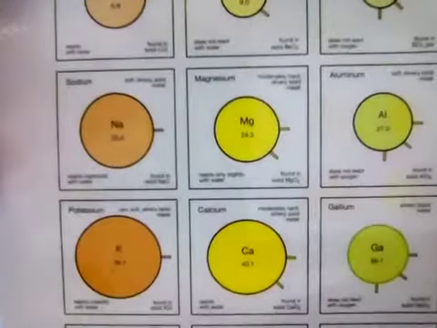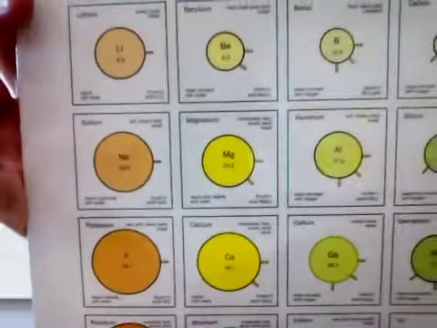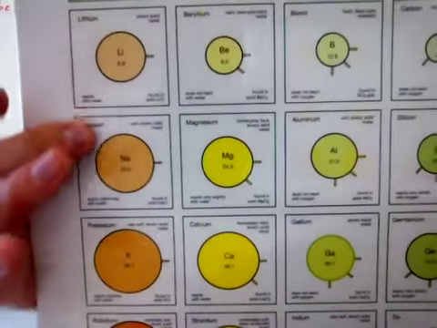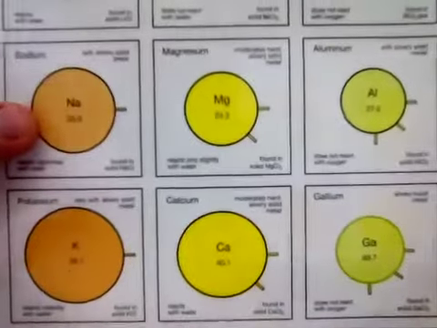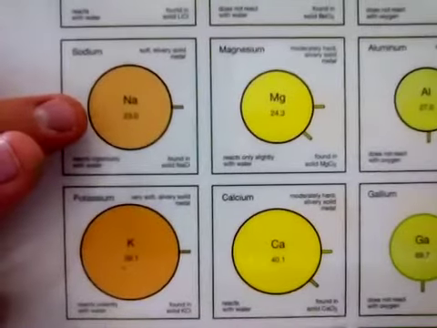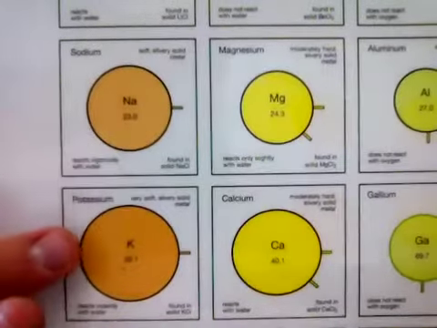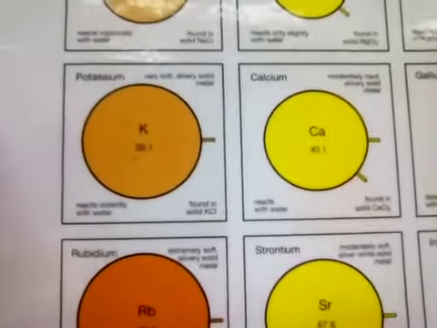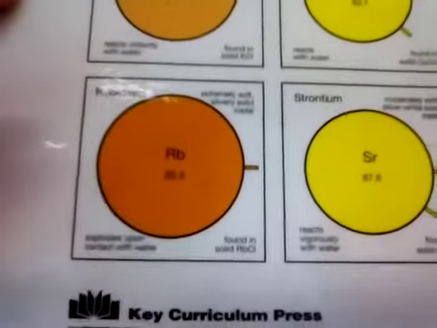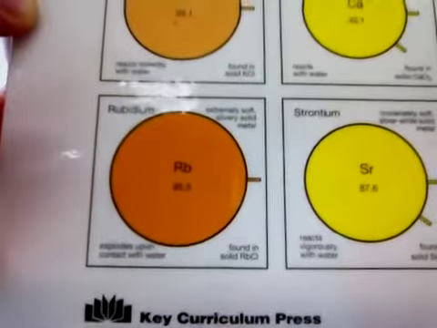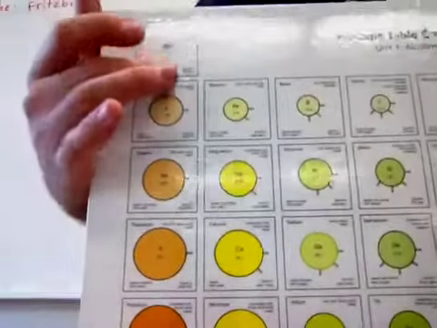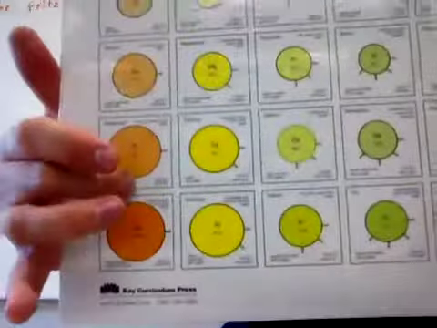Lithium, for example, we watched a video in class. It does react with water. It's not super reactive, but it reacts anyway. Sodium begins to react a little bit more quickly, a little bit more violently. Potassium, even more so. You can read some of the things on there. And then rubidium is so reactive that it actually can explode when it contacts water. So you can see as you go down that column on the periodic table, these things get more and more